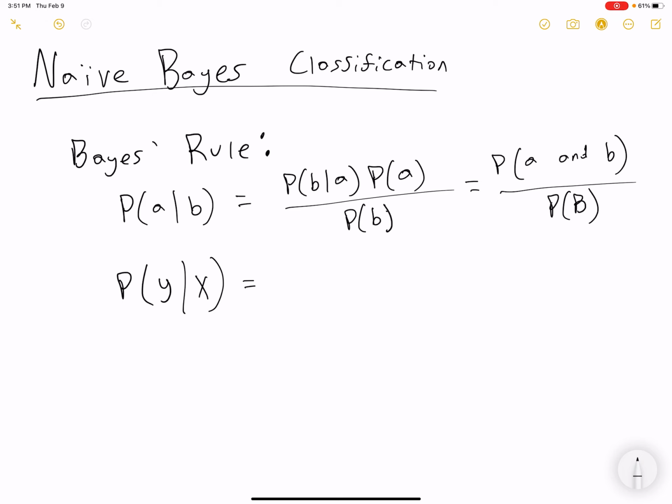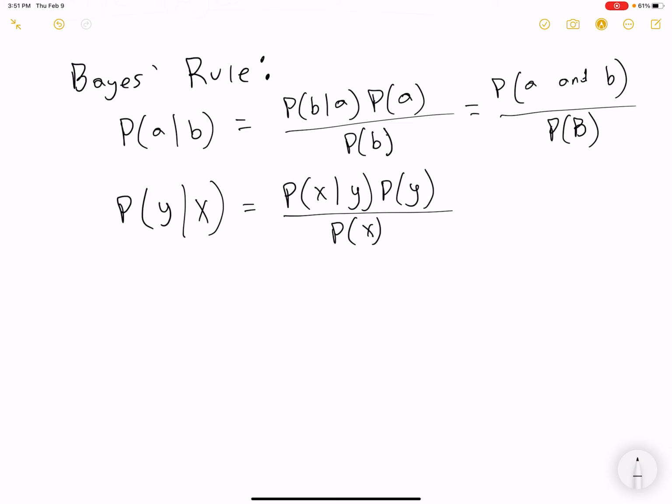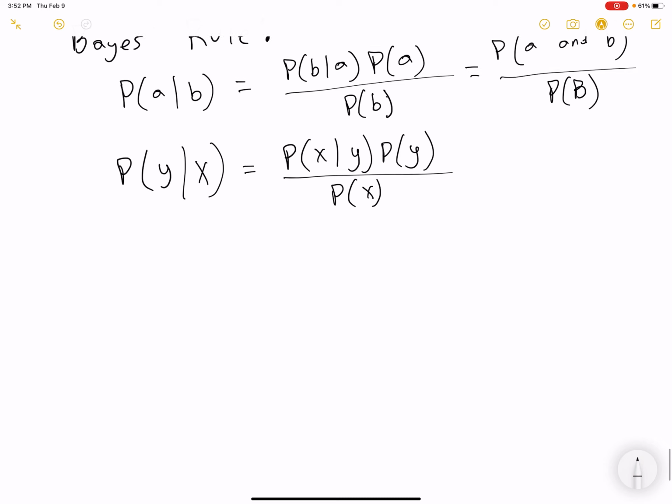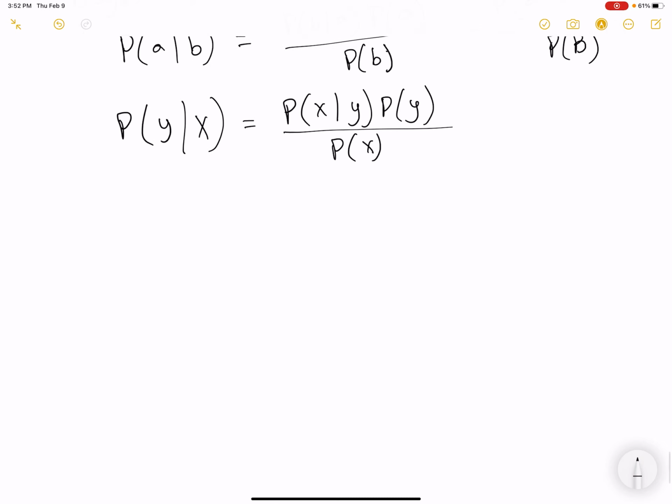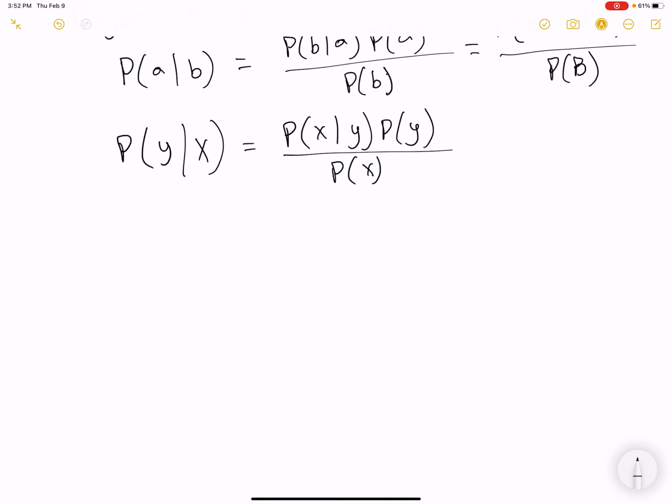So using Bayes' rule, we can write that as the probability of the feature values given, or times, the probability of each output class divided by the probability of the data itself. And with that model, it's pretty easy to classify. So we'll talk about training, but once we know these probabilities,